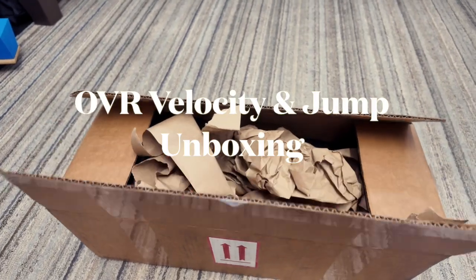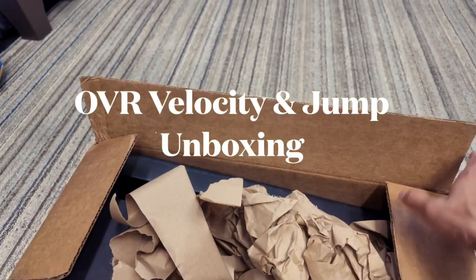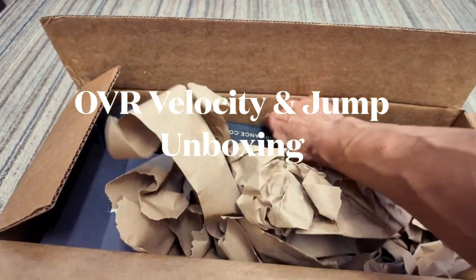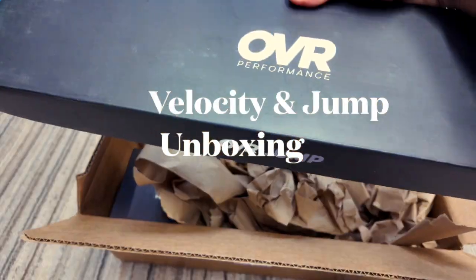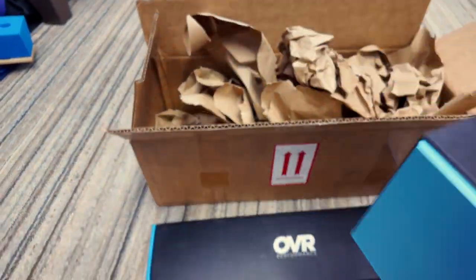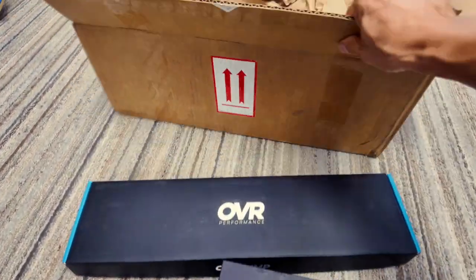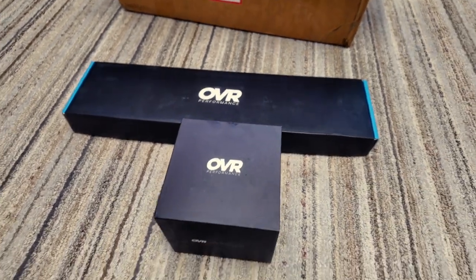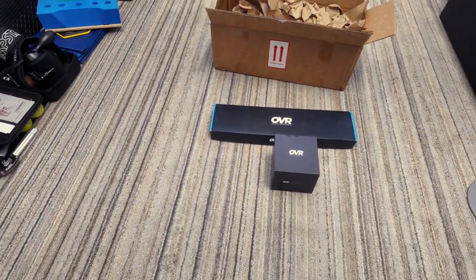Okay, so new toy Sunday. This came actually Saturday, and I did open it. But it's the OVR Performance Jump and Velocity. And why this is something I never thought I'd buy is because I already have, for jumping,